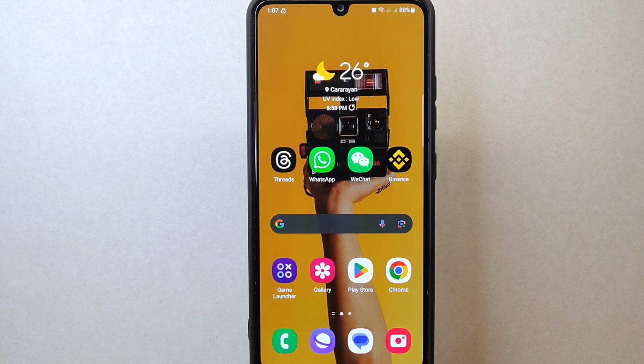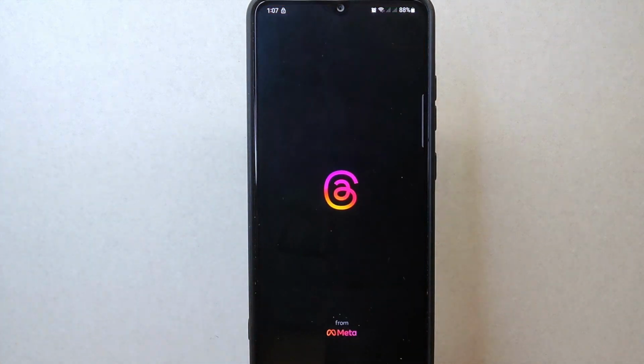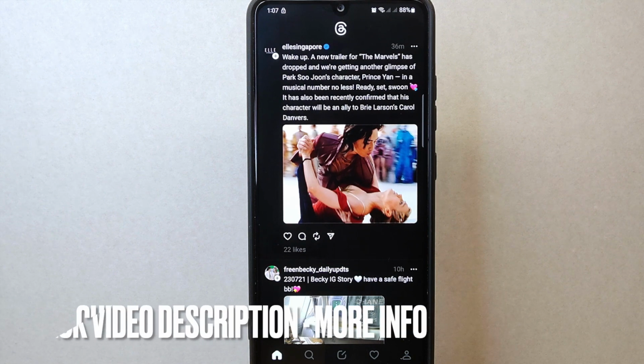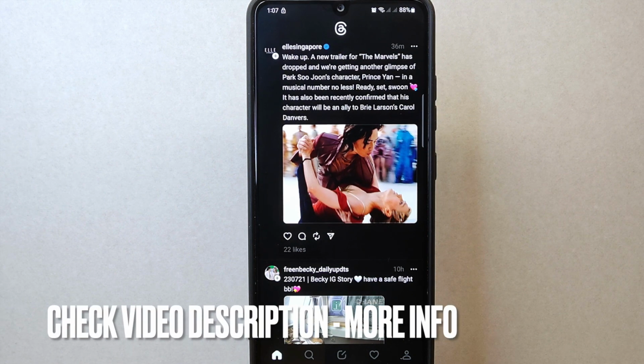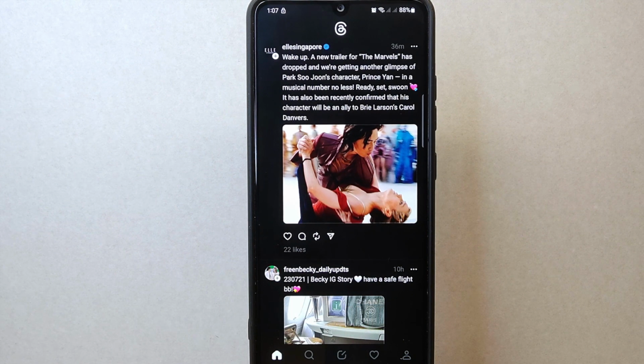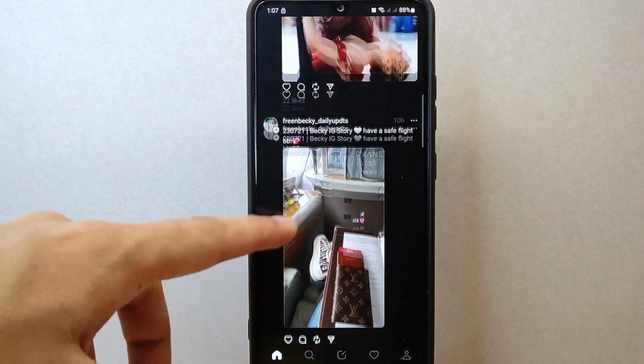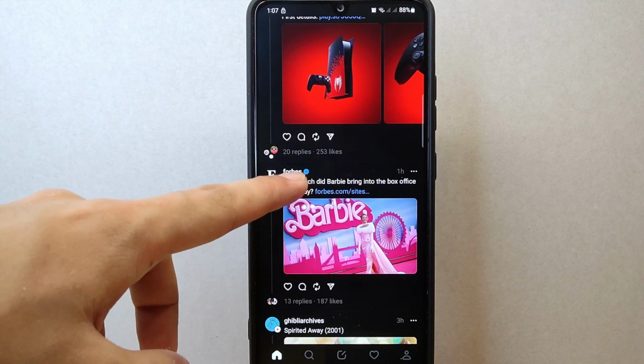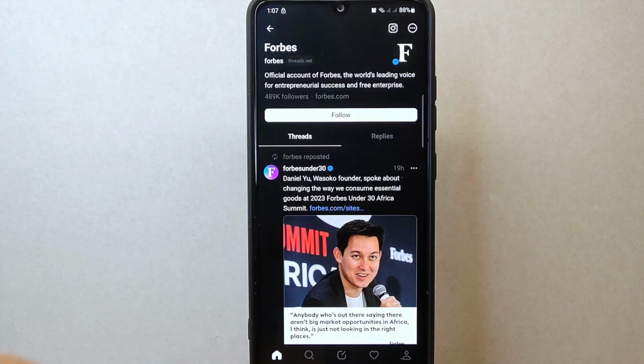So let's start. First, open your Threads application and log into your account. Once you are logged in, you will be taken to your home feed. Now, navigate to the post that you want to report. You can do this by scrolling through your home feed or by visiting the profile of the user who made